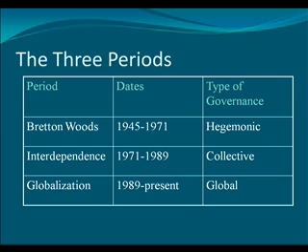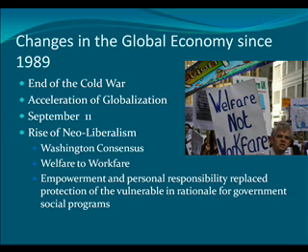During the Bretton Woods period, it was hegemonic governance under the leadership of the U.S. During the interdependence period, the U.S. shared leadership with Western Europe and Japan, mainly through the G8. And in the current period, it's returned somewhat to U.S. hegemonic leadership, but with greater influence than in the past for not just the G8 countries, but also for the